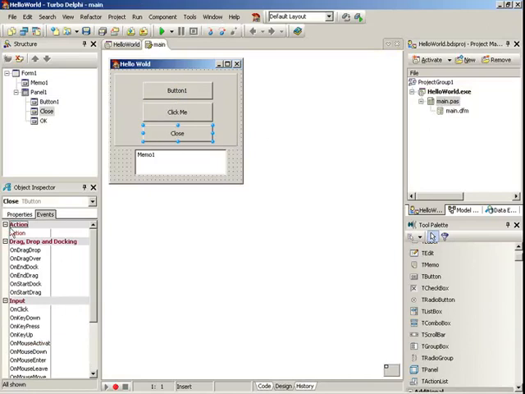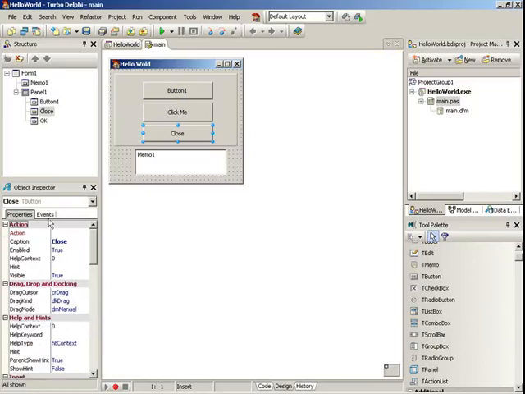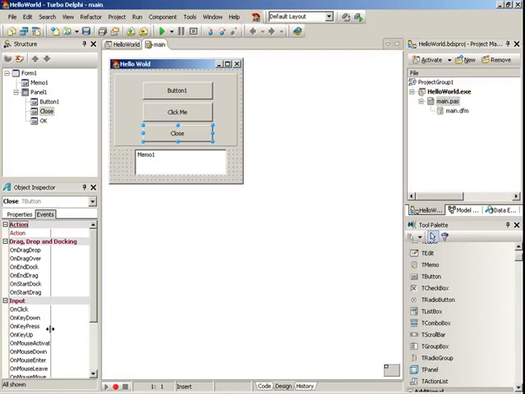As we select our objects over here, we can inspect all of its properties, all of its events, and later on we're going to start dealing with its methods. We're going to start writing our own functions and procedures so that we add functionality into these objects. All right, simple enough. Now that we've gone through all of that and I have been just talking like crazy,